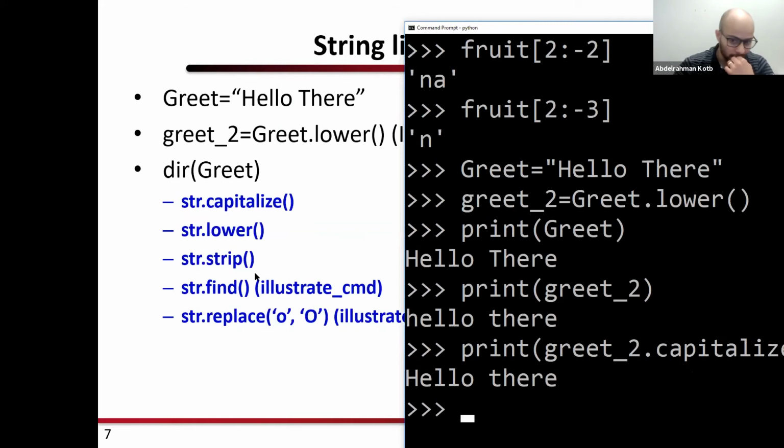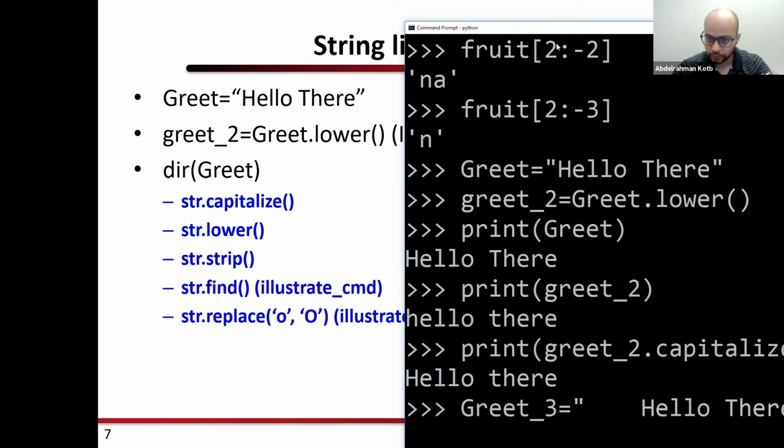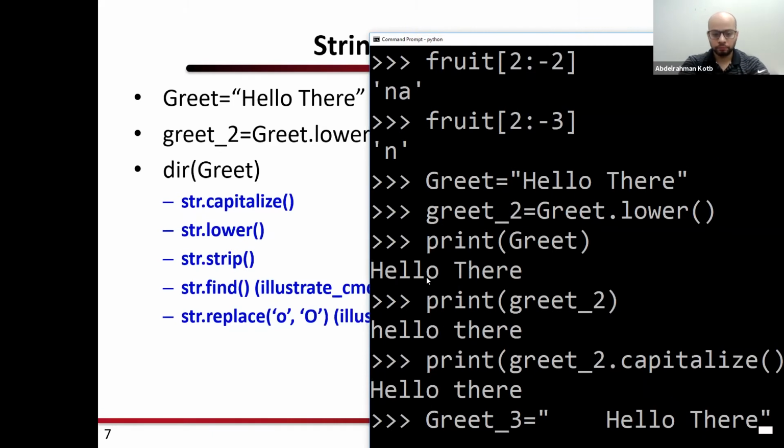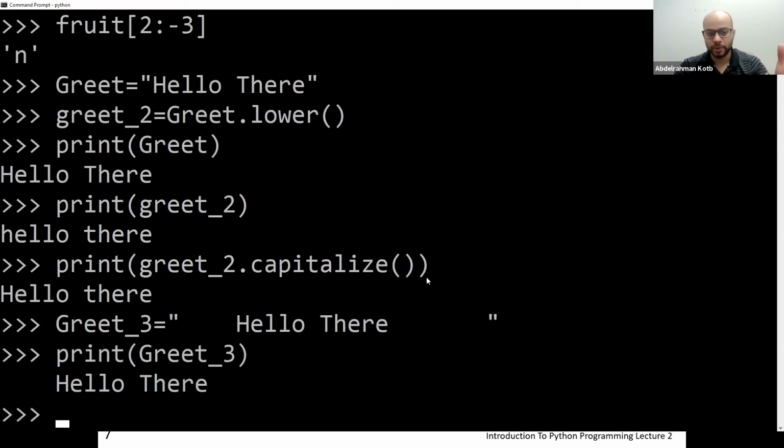So strip. Let's say I have a string, let's do this. Greet3, and I'm going to add a lot of spaces. So if I print greet3, I'm going to get all these spaces. So you compare this to this.